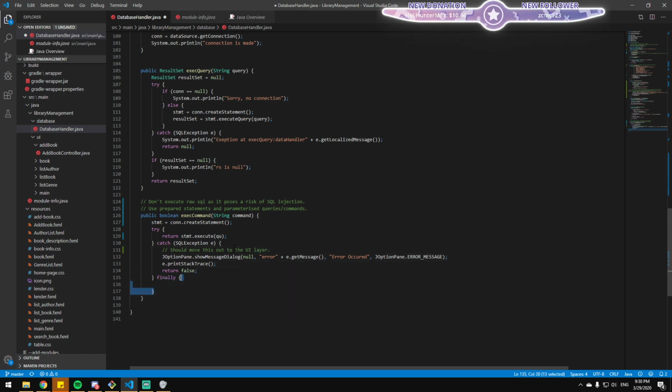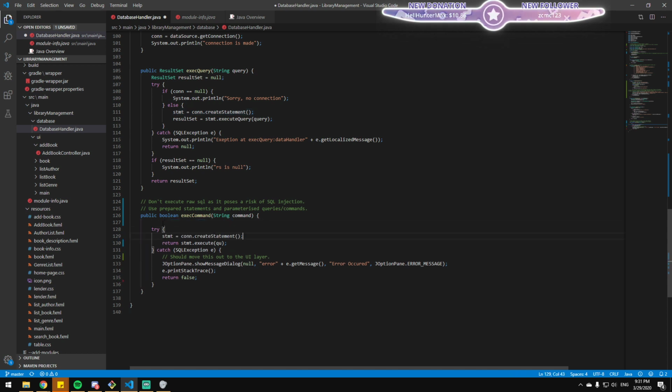Finally is also not needed, I presume, as you don't do anything. Right, and you have an empty finally block. I'm happy that the finally block is there, but if it's empty, it's not doing anything. Right, so now you could... Wait, so I think that the create statement should be in a try, right? And then the return statement outside the whole try-catch block. I think so.